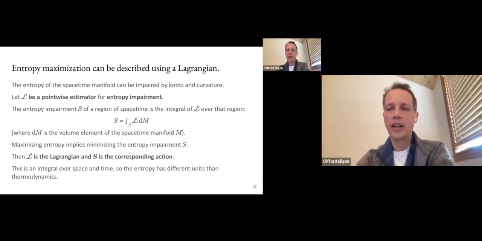And we want to point out that when we talk about entropy here, this is entropy in a mathematical sense. It is very similar to the thermodynamic notion of entropy, but it is not the same because this is an integral over space and time, in which we're looking at the many configurations of these branches of space-time over some region of space and time. And that is different from the entropy associated with a box of gas, where you look at this box of gas at some particular instant in time. Both of them are derived from a mathematical notion of entropy, but they will wind up having different units because the integral is over a different